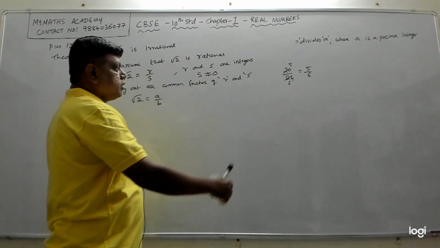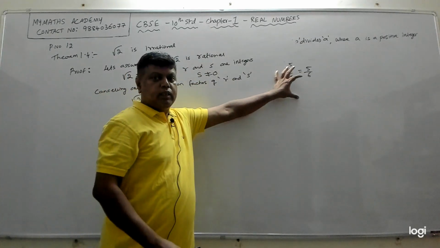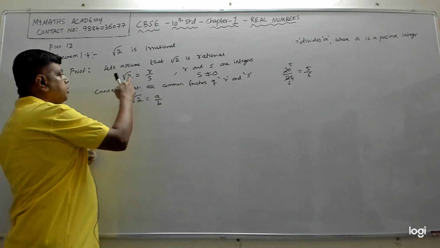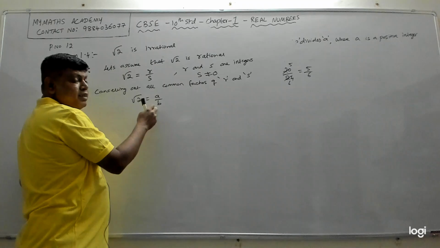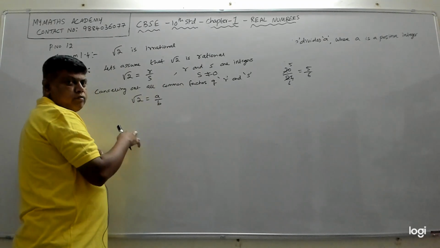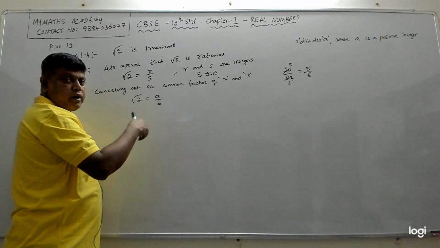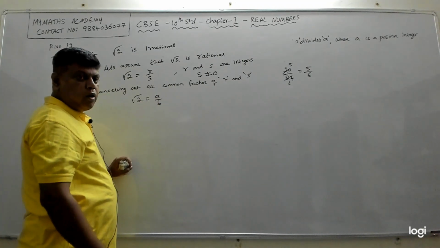Right? In this example I have cancelled out. Now it has become like 5 by 6. I'm just taking an example. It's not like R by S is 20 by 24, which means root 2 is R by S. Now I am cancelling all the common factors. Now I have reduced it to the simplest form of the fraction. We can't reduce further, which means I can't cancel out both. A and B will not get divided by the same number. A and B will not be divisible by any common number.